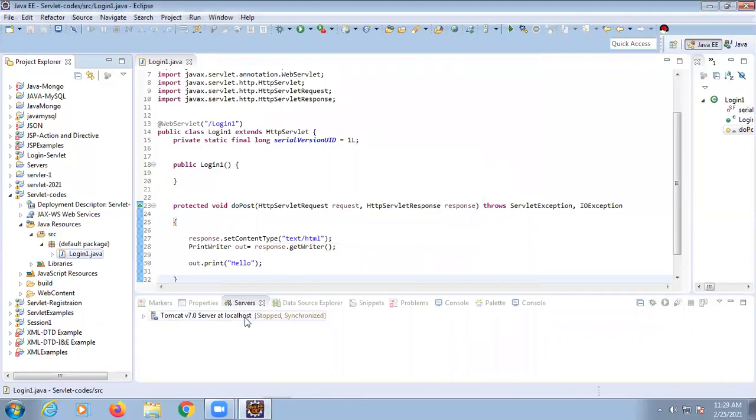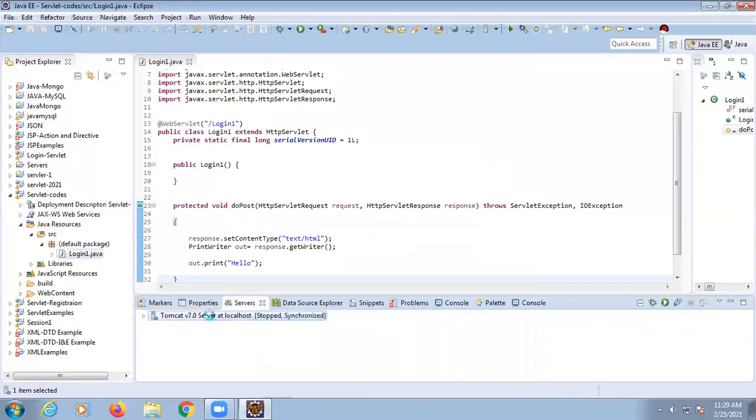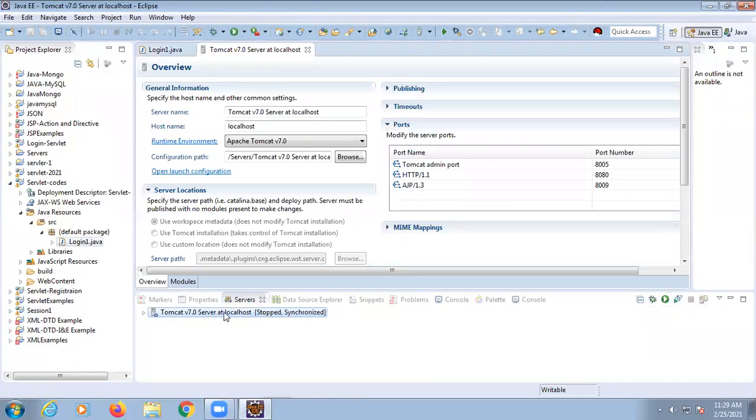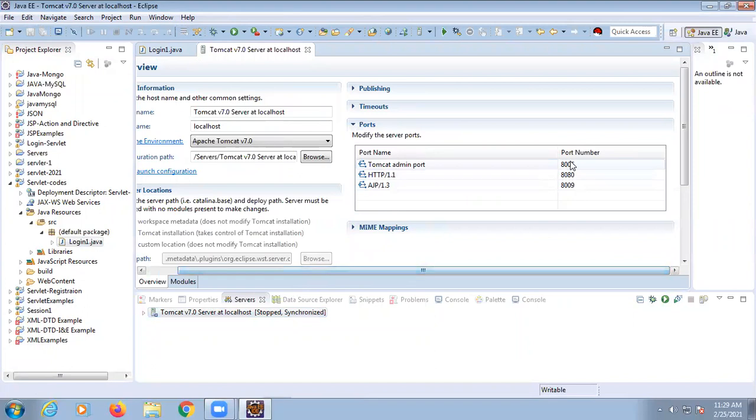Click on OK, and wherever you are finding this Tomcat file, double click on it. Here you will find the port numbers. Instead of 8005, give 8006. Here instead of 8080, give 8081, and here just give 8010. You have to do this only if there is an error.